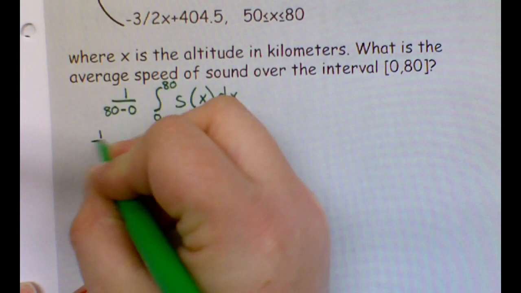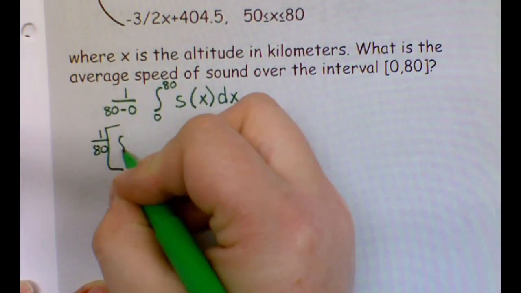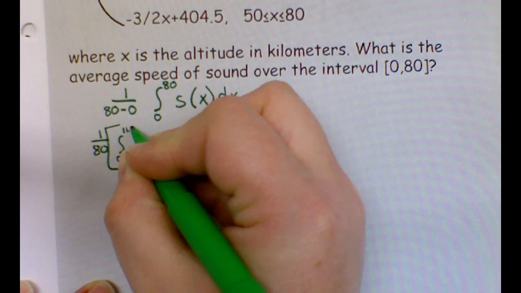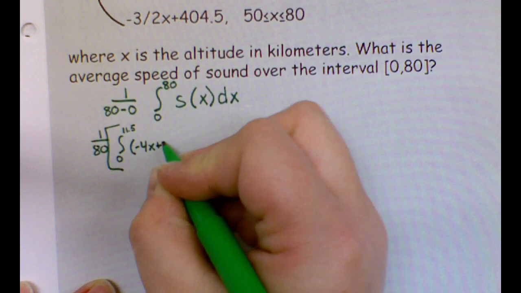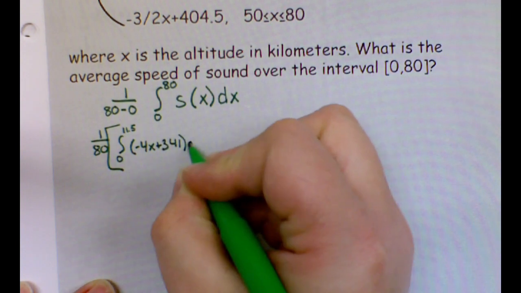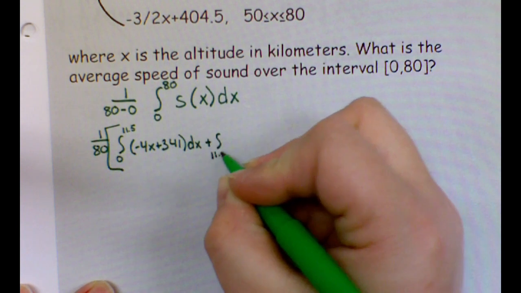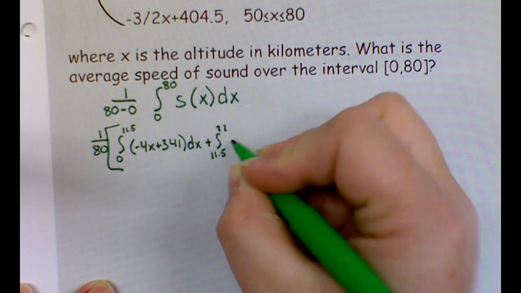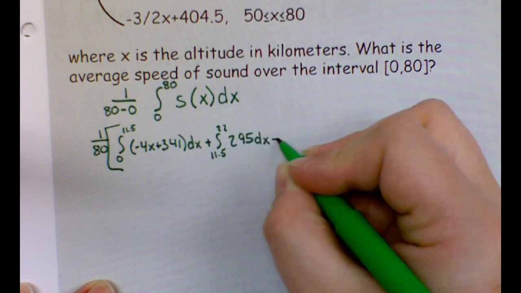So I have 1 over 80 times the integral from 0 to 11.5 of the first piece, which is negative 4x plus 341 dx, plus the second piece, which is 11.5 to 22 of 295 dx,